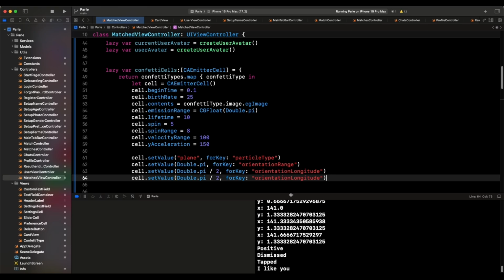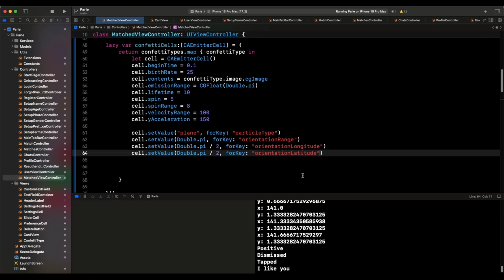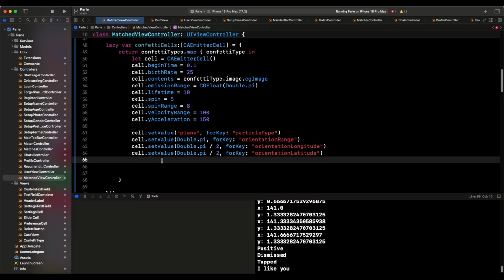Hit command D. This is going to be double pi over 2. This is going to be latitude, right? Instead of just longitude, we have longitude and latitude, right? So that's going to be that, and we just return it, right? Come here, return